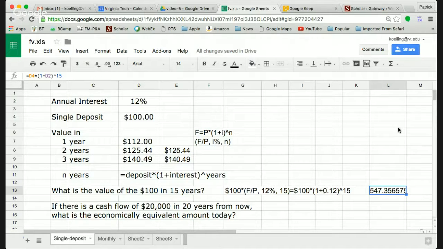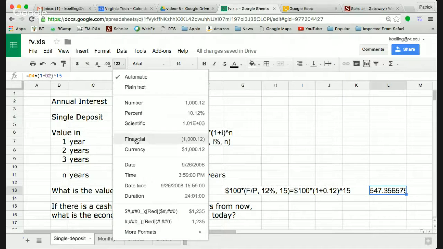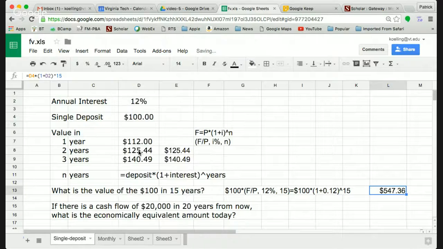This doesn't have a dollar sign on it. It's got a whole bunch of decimals. The numbers you see here with the dollar signs is simply a formatting issue. The numbers are stored, they're safely ensconced somewhere, but we see them the way we want to see them in a spreadsheet. And I'm going to go up here to the formatting selection, and I'm going to select currency. There we go,